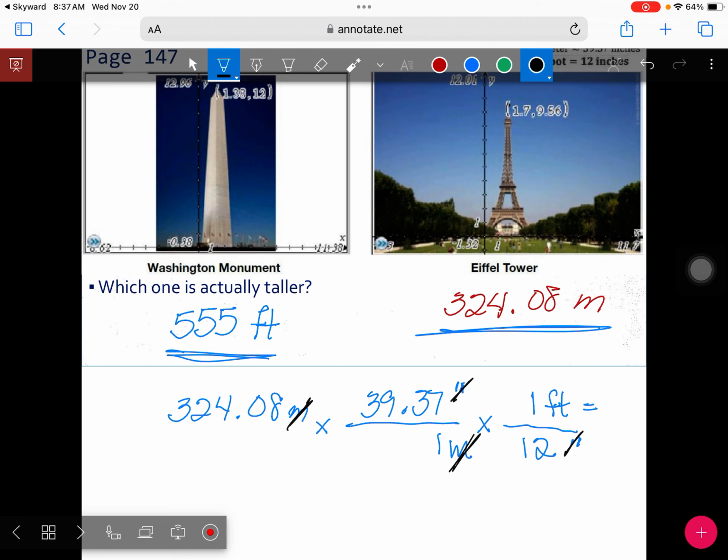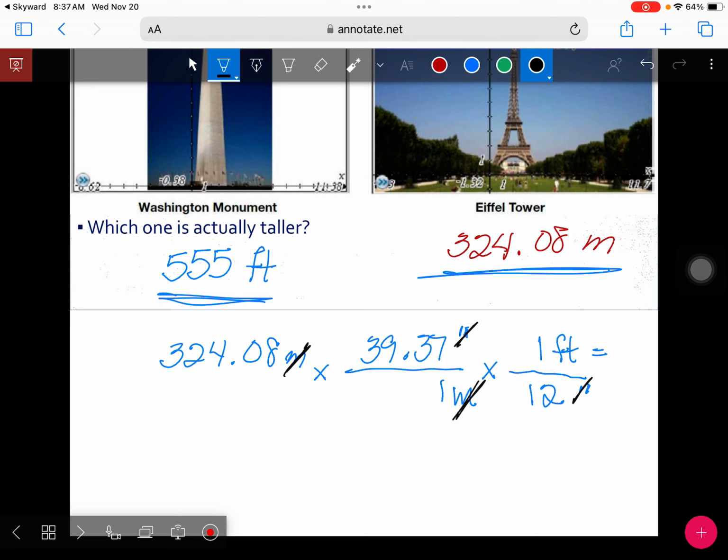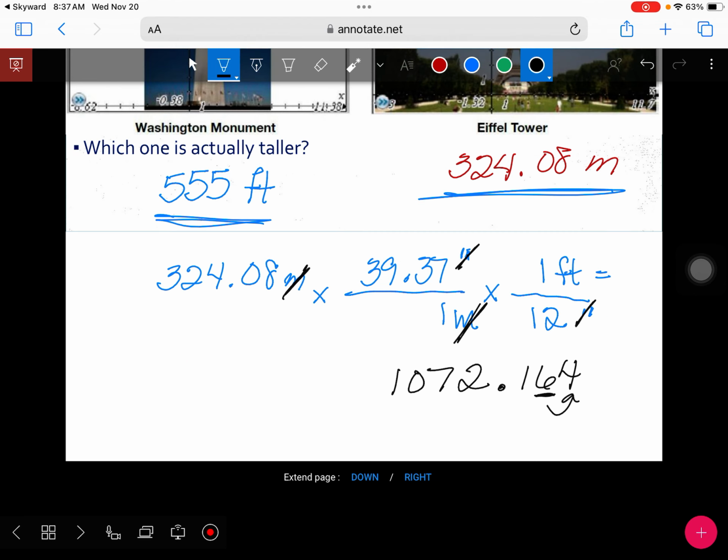So 324.08 times 39.37 times 1, which is the same thing, divided by 1 times 12, which is 12. And what do we get for our final answer? 1072 point, just give me the next 3 digits. 164. If I round it to the 100th place,